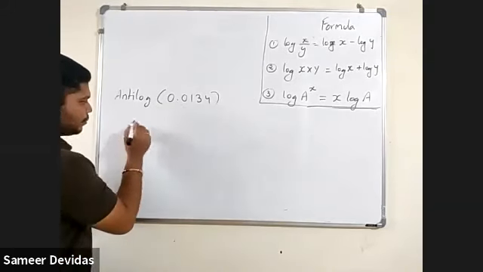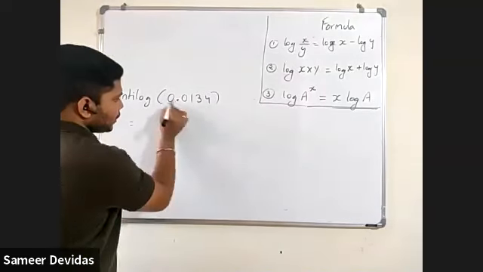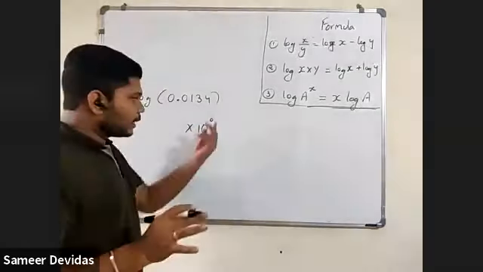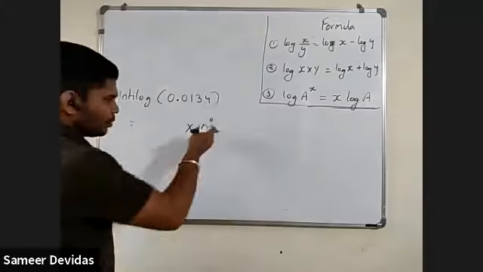0.0134, like this is there, then how are we going to do that? Again, the same. This is the number. Now, what number is there before the decimal, students? 0. So consider this 10 raised to 0. 10 raised to 0 is what? 1. Okay, fine. So this answer is 1. So don't think about it.